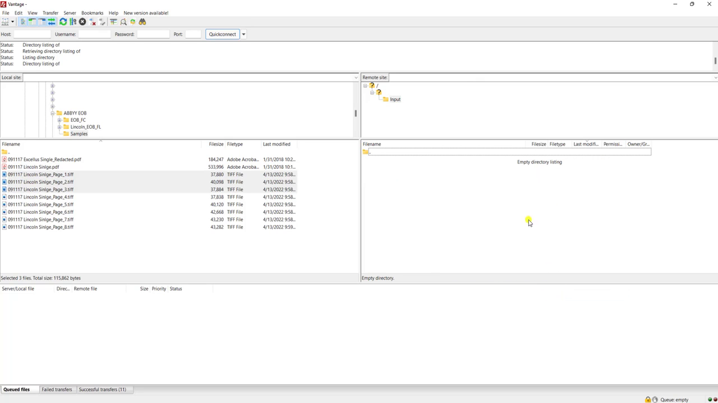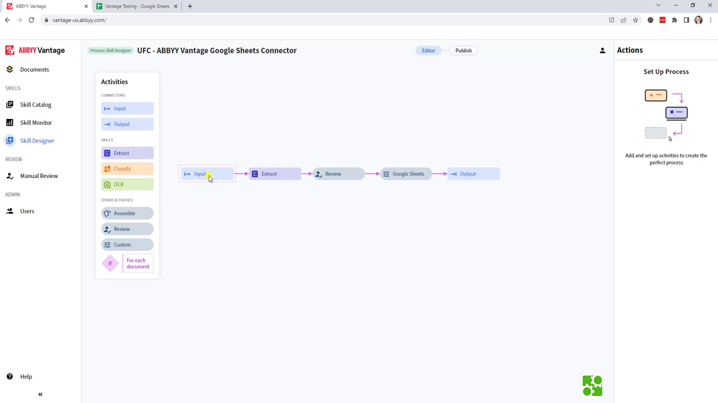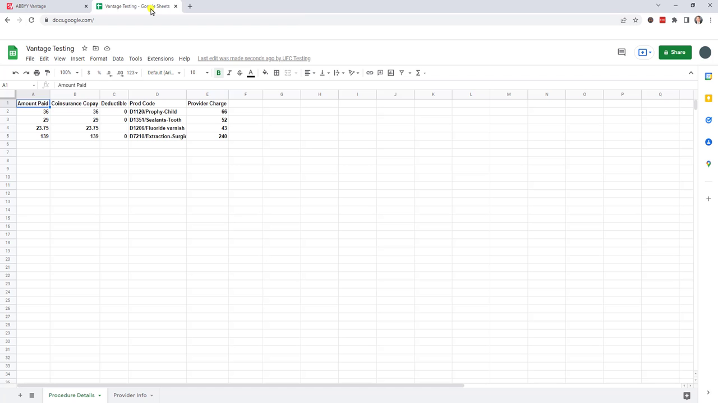All right, ABBYY Vantage has now picked up those documents and they are working themselves through this workflow. The software will extract the data, will determine if a human review is required. In this case, that will not be required. We will pass them directly to Google Sheets for today's demo. And as you can see, once I refresh this here, the software now is populating the proper fields that we're